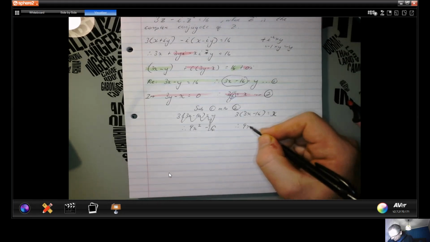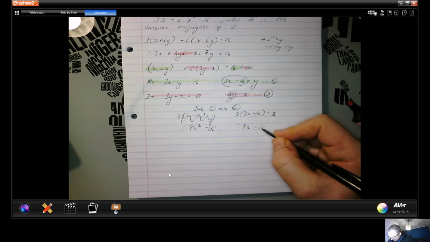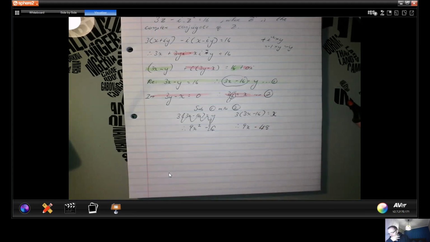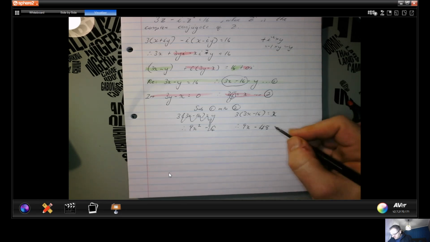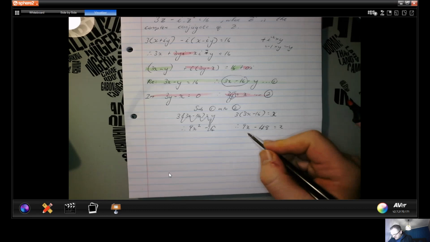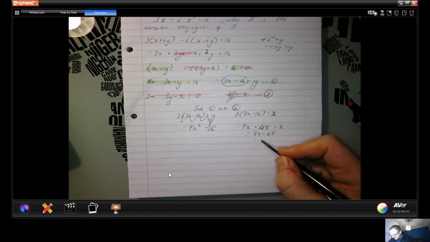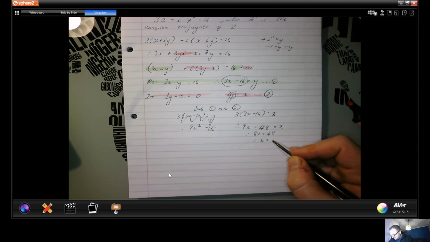So therefore 9x minus 48. Okay. So 9x minus 48, 3 times 3x minus 16, is equal to x. So I end up with 8x is equal to 48. Divide both sides by 8, and I get x is equal to